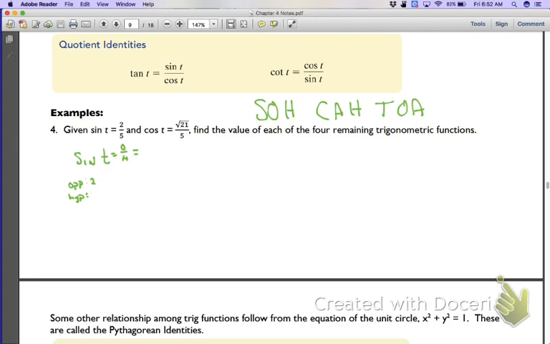Same way with cosine of t, which is adjacent over hypotenuse. We already know that 5 is the hypotenuse, so that means the adjacent side has to be